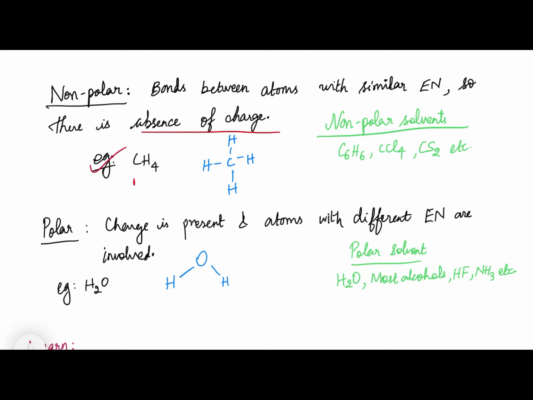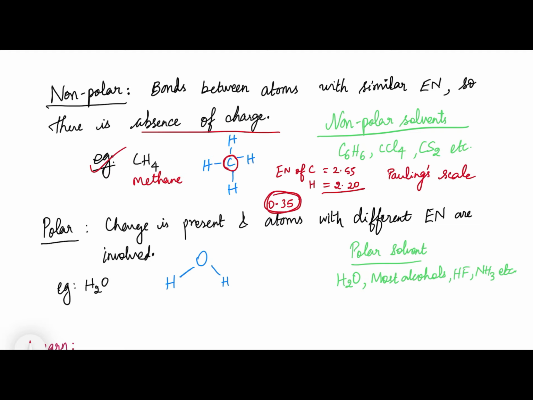If you see the example which is methane, what happens? There is a carbon and 4 hydrogen are attached to the carbon. The thing here you have to note is the electronegativity of carbon is going to be 2.55 and the electronegativity of hydrogen is going to be 2.20. This is based on Pauling's scale. Okay, and if you see the electronegativity difference, it is going to be 0.35. It is very low.